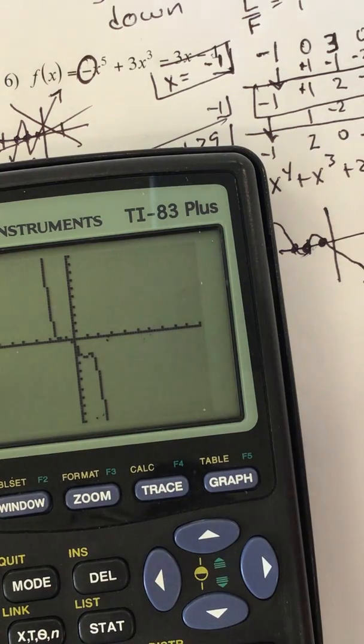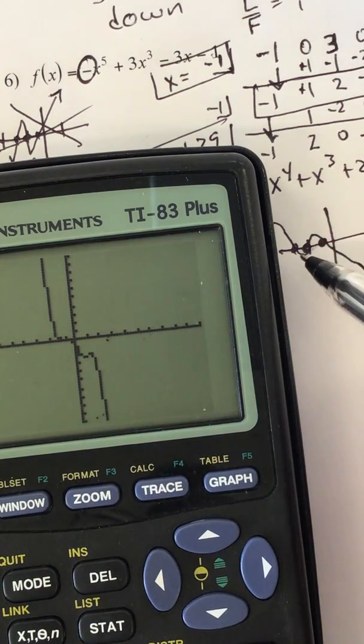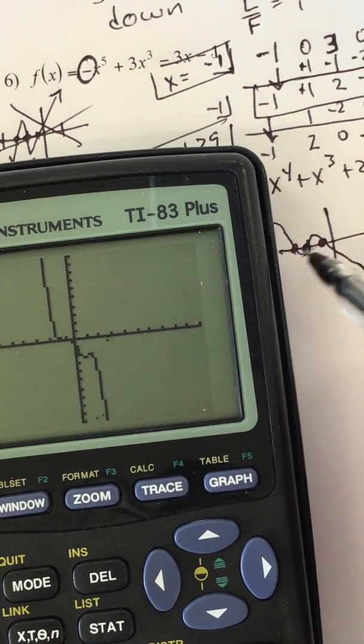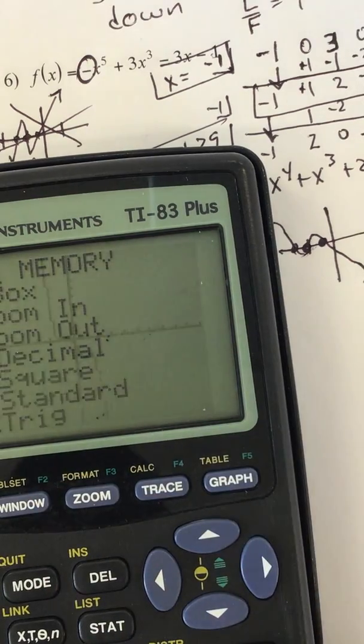So now this is what this is for, to be able to do it a little bit by hand. You can't really tell that they're there. Okay, but we know they're there. So if we zoom around that, we know that it's below 0 right here and it's above 0 right here. If I zoom box that,